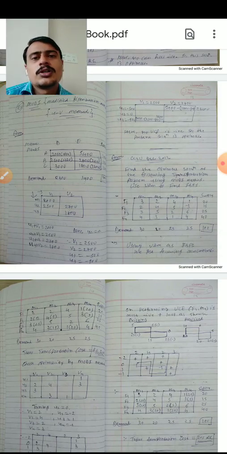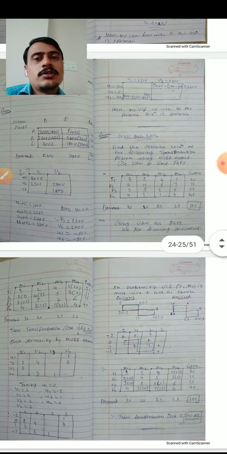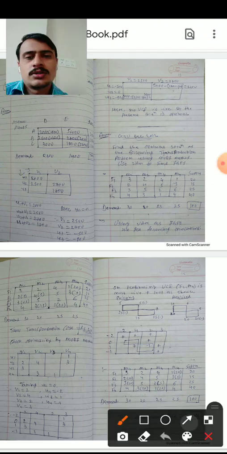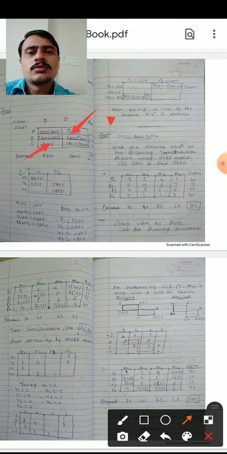Today we will solve another example for the MODI method. Yesterday we saw only two vacant cell evaluations, that means here we see 3000 and 5400. Both vacant cell evaluations are positive values, that means our optimal solution is reached.